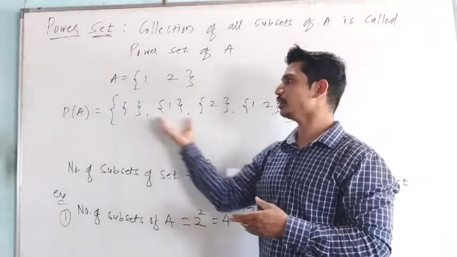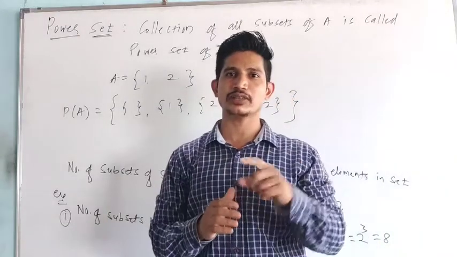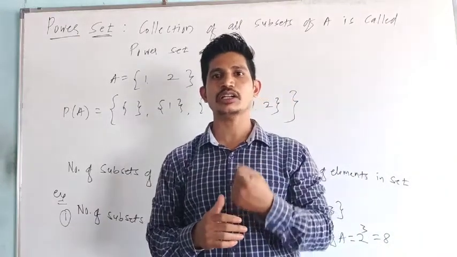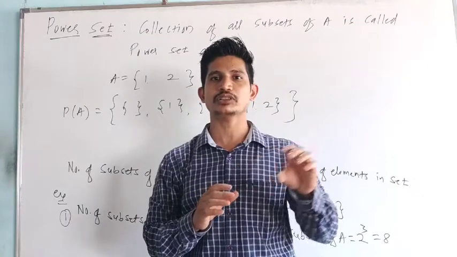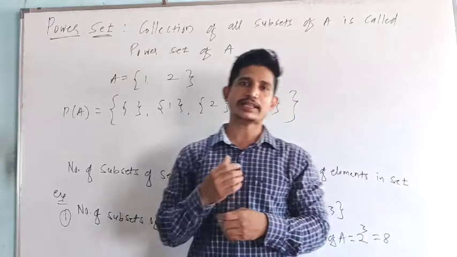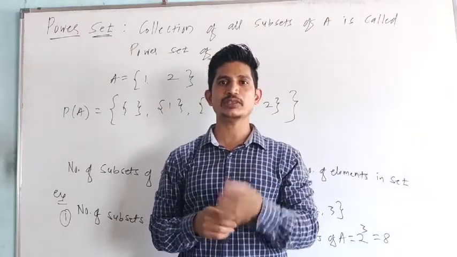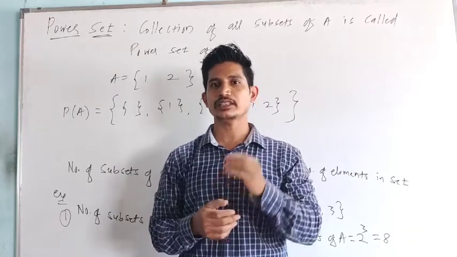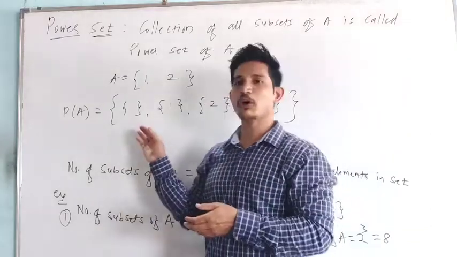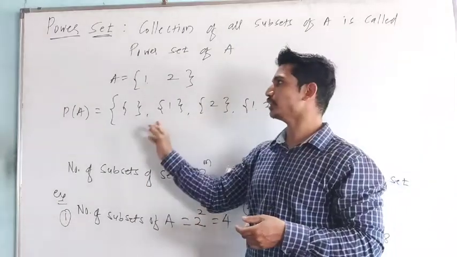So it is called what here? Power set. A set having all the subsets of a given set is called the power set. Means we write all the possible sets. Okay. Now suppose the set is having 2, 3 elements. So how many subsets can we write? There is one formula to find the number of subsets. See here how many sets are there? 1, 2, 3, 4. There are 4 subsets of a set A.